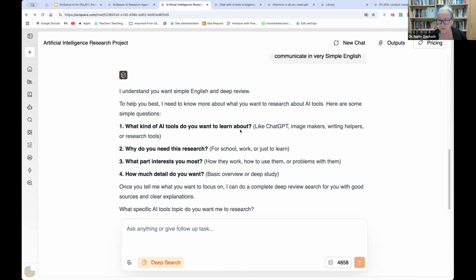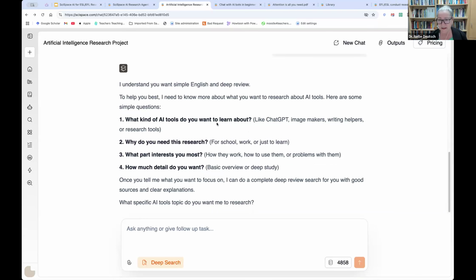"I'm looking for tools, in case you missed it, to improve my English writing and reading using AI." So it's suggesting different things. "Why do you need this research? For school, for work, just to learn? What part interests you most? How they work, how to use them." In other words, I'm getting a lot of prompts here, which really help me understand what I want. And this is a wonderful way to also improve my English,